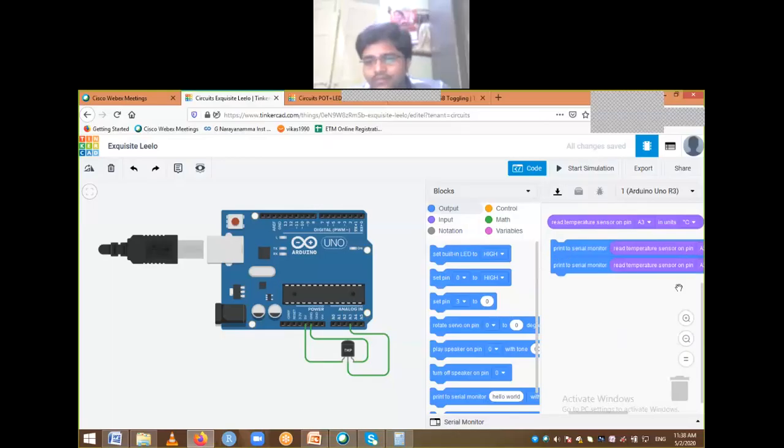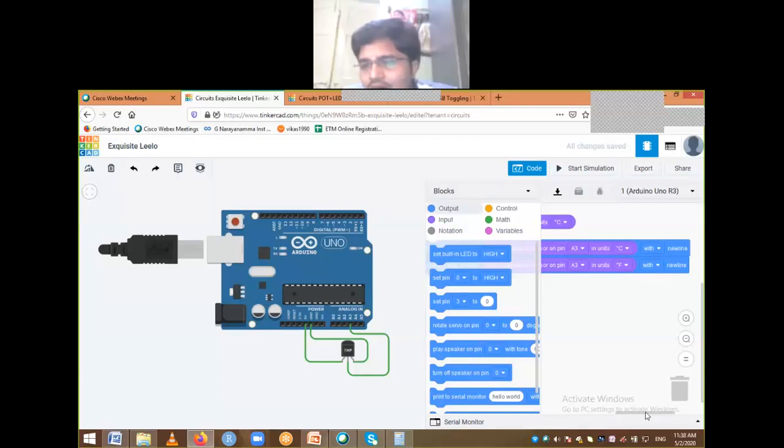Two things I need, so I'll change that one to Fahrenheit. We have an option here, print every time with new line or without new line. You can select anything. It's better to have it with new line.